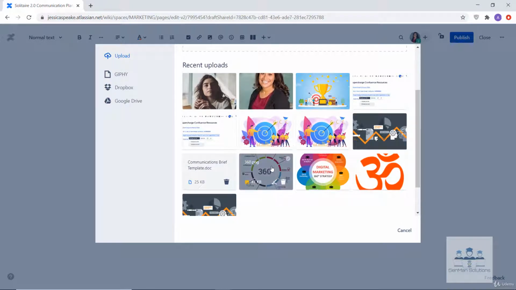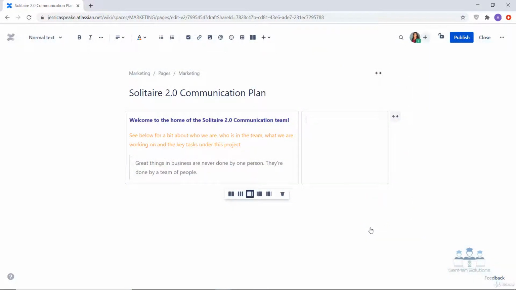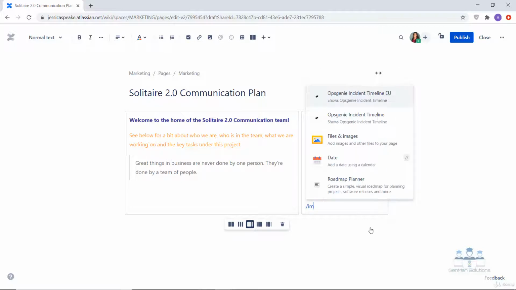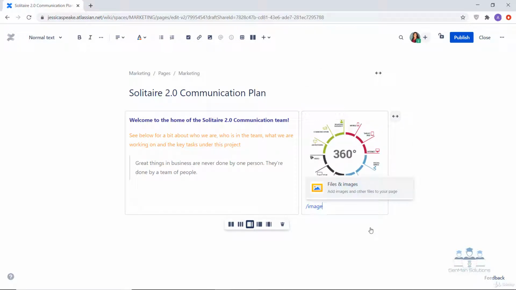So I'm using this image and I'll click on insert a file. You can also use the keyboard shortcut forward slash and type image. So you can use this macro to insert image as well. I'm removing it for now.